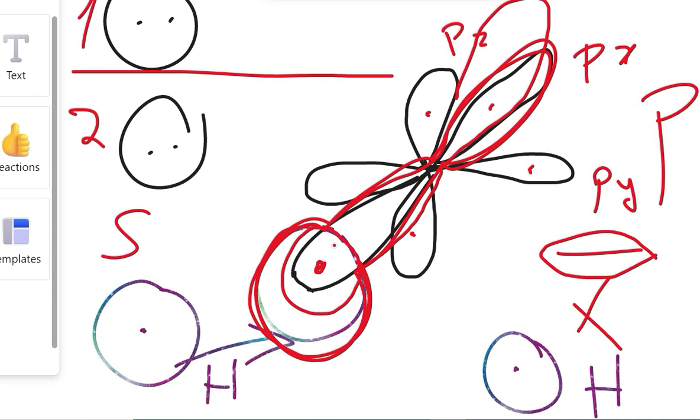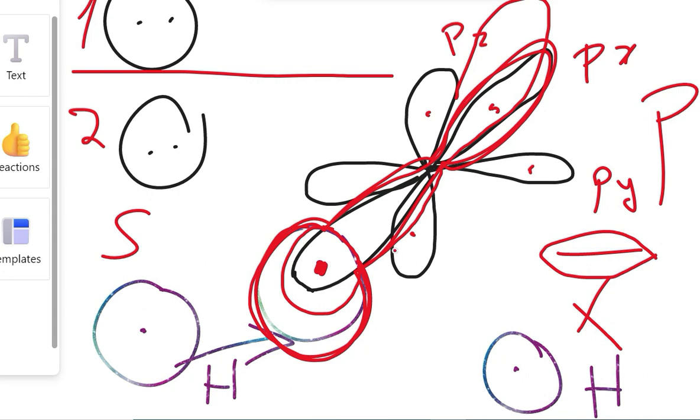And therefore, the hydrogen now has 2 electrons, one here and one there in this molecular orbital. And the px also has 2 electrons. So the px has gained 1 electron, and the oxygen now has 7 electrons in total instead of 6. So it gained 1 electron without taking this electron from H. And that's why here there is a covalent bond and not an ionic bond, because H did not give up